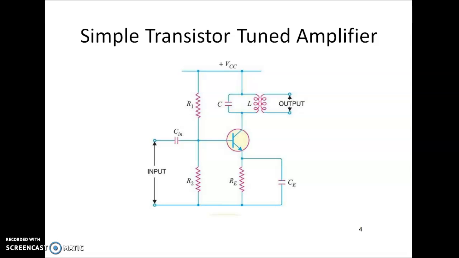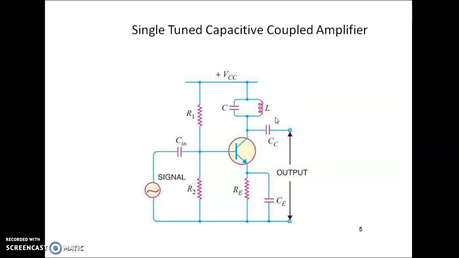Now we will discuss the single tuned amplifier. You can see here a resonating circuit is employed at the output, and the output is tapped by inductive coupling. Similarly, you can have capacitive coupling to tap your output. Now we will analyze this tuned circuit because we want to find out the bandwidth and quality factor, and whether they depend on the parasitics, that is the device values.